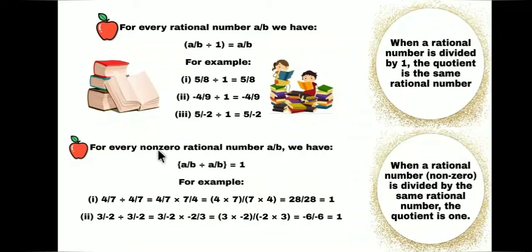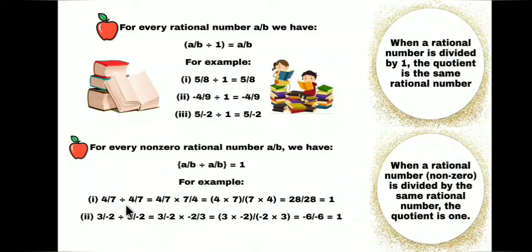For any non-zero rational number a upon b, we have a upon b divided by a upon b is equal to 1. When a non-zero rational number is divided by the same rational number, the quotient is always 1. Example, 4 upon 7 divided by